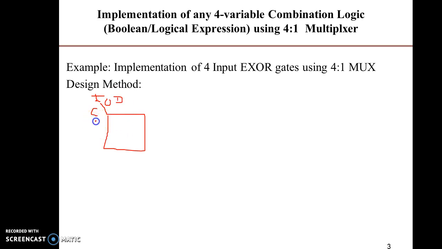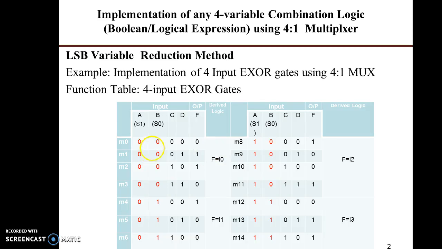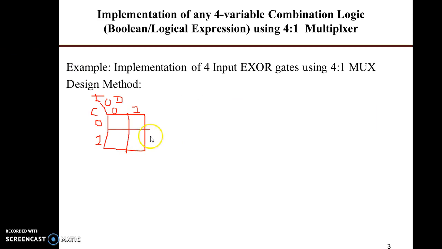So C can store a binary value as 0 or 1, and D can also store a binary value as 0 or 1. Based upon that, I can divide this square into 4 cells. So if C is 0 and D is 0, as per this truth table, at that time the output will be